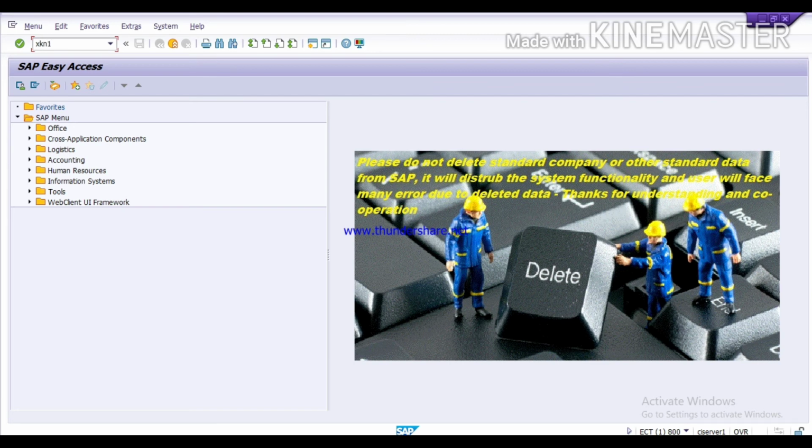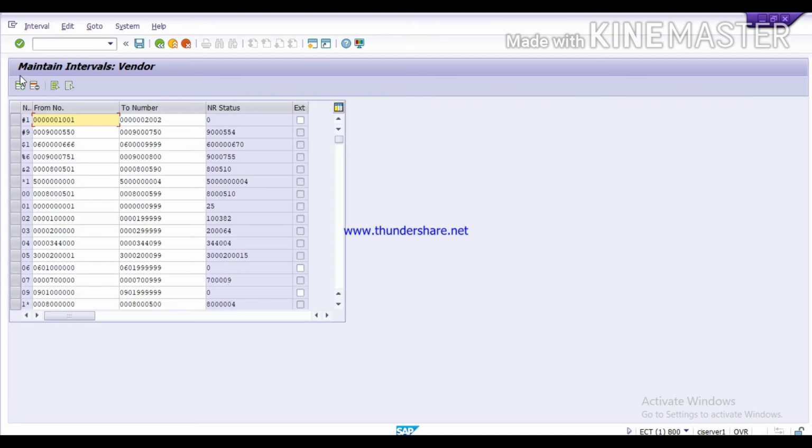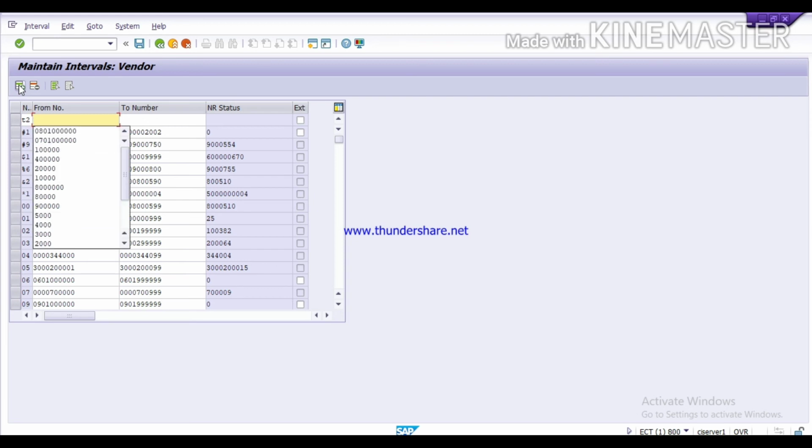Now we have to create vendor account number ranges. XKN1. Click on new, click on intervals, edit intervals. Here we will click on this insert line, then we will give a number range and select the code for 2-digit T2, from 0802000 to 0802999.